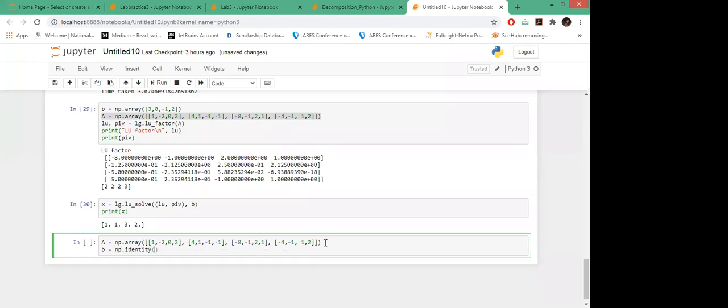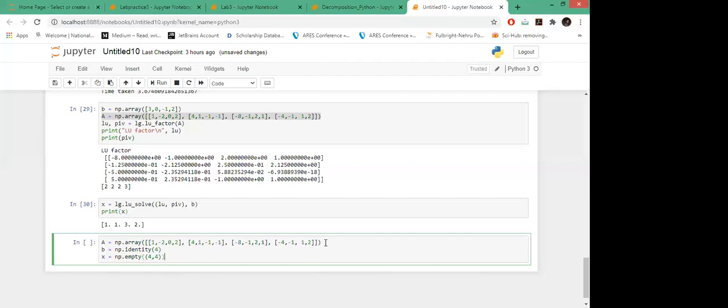I just have to call the function and pass this. So I want a 4 cross 4 identity matrix, and then I will define one empty array of size 4 cross 4, which will store the solution. So I want to find the inverse using LU, right? And for this, each time I'll be using the first column of the B vector to get the first column of an inverse matrix. Okay, and then I'll solve it again.